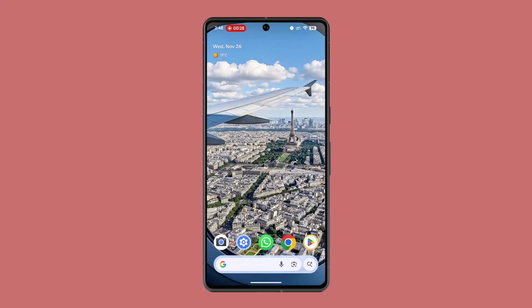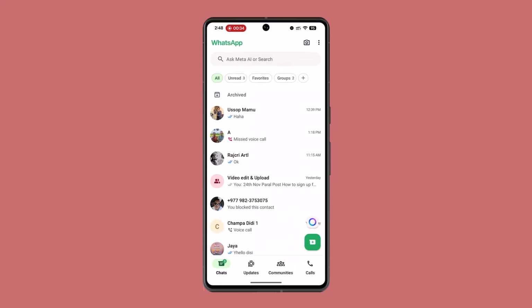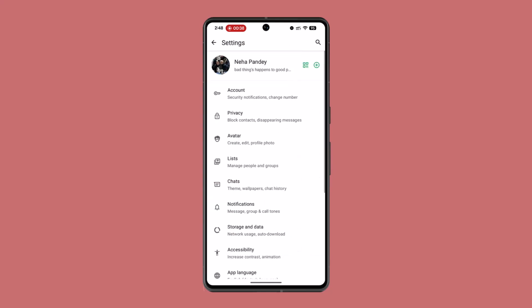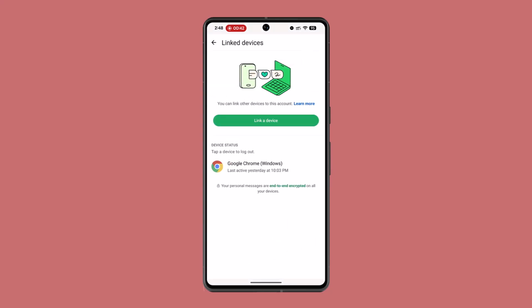It's the same interface as the official WhatsApp app. So what you want to do is open up your WhatsApp Business app. Let's see, this is the one. Then tap the three dot icon at the top right and go to settings. Or you could simply tap on the three dots and go to link devices. As soon as you click on link device,